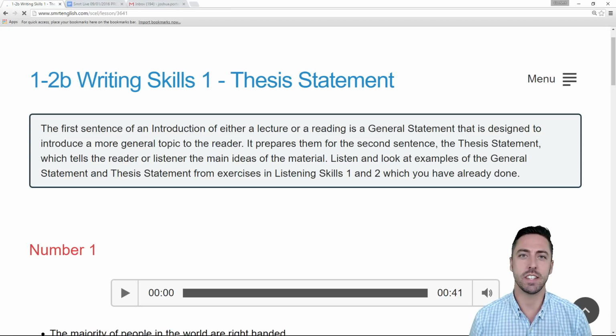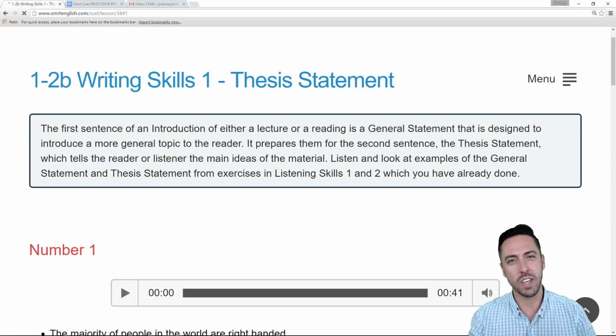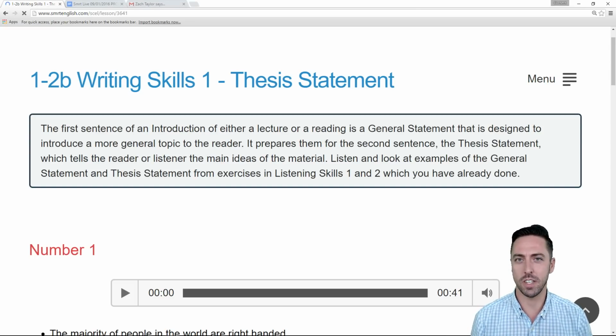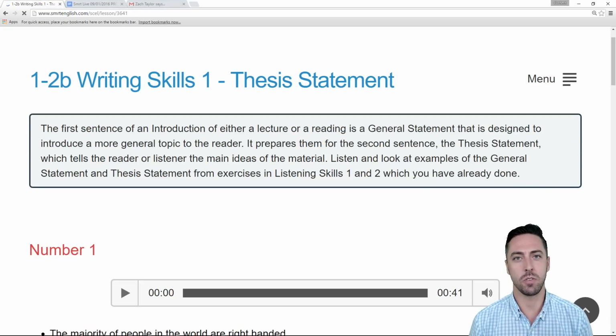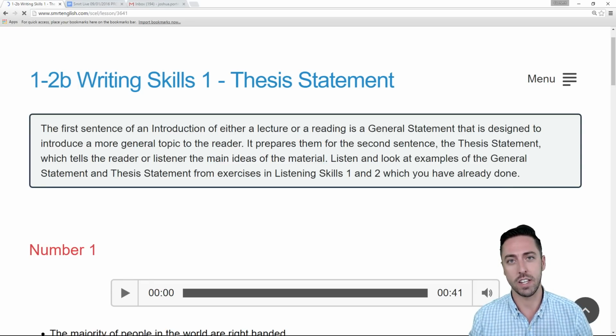And one way to think about it is if you use Twitter or Weibo or anything where you only have limited characters, text messages sometimes, you have to choose your words carefully and you have to get to the main point. You have to let your reader, your audience know exactly what you mean as clearly and concisely as possible. So if your phone was about to die and you're having this conversation with a friend and you realize you have to give them all the important information really quickly in a short message, that's what the thesis statement would be. The main point of your entire